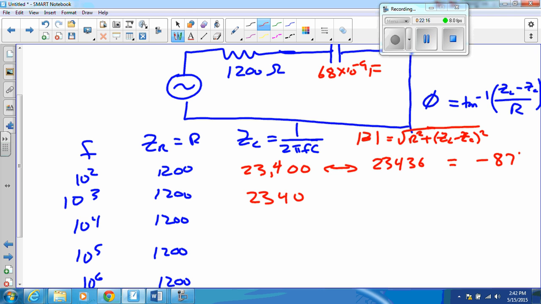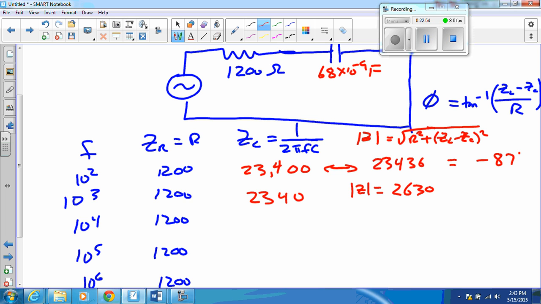And so when I actually compute the magnitude of Z, I'm going to get a number that reflects the contributions of both of those. So then the other one, is it 23.4 for the next one down for 10 to the fourth? 234, yeah. So 1200 squared plus 2340 squared gives me that square root, and I get 2630,